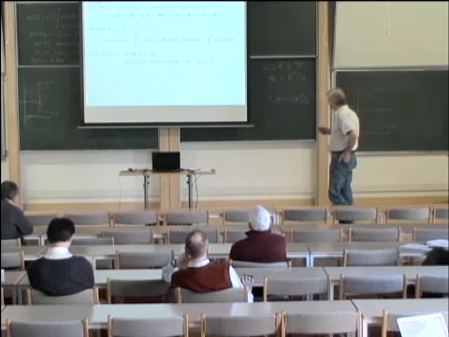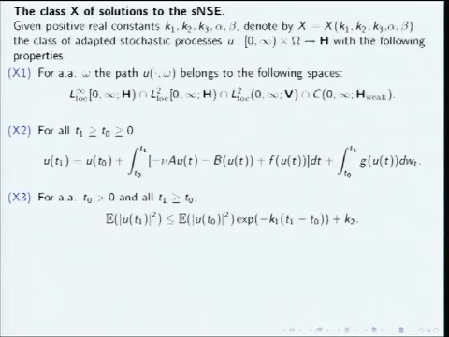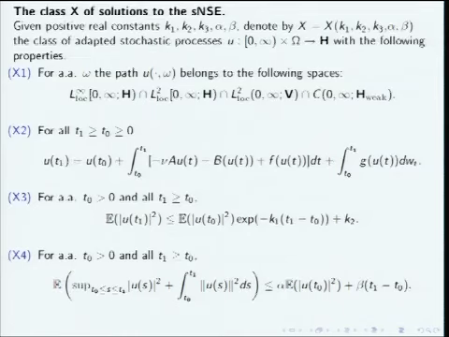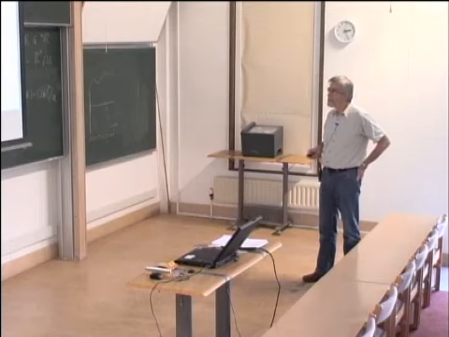Now here's something a little bit specialized to our particular case, because the class of solutions that we're defining is relative to some constants which are going to come out later. But in advance, if we're given any constants, we can define this class. And in this case, what we're saying is that there's a sort of energy decay, which is what you'd expect to need if you're going to get some sort of attractor. And a similar sort of thing at the level of the energy plus the integral of the stronger norm here. So this is all fairly classical.